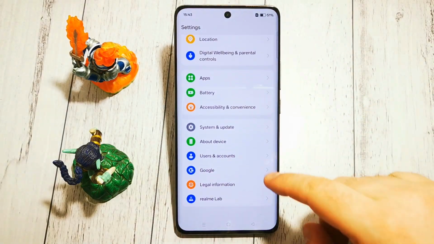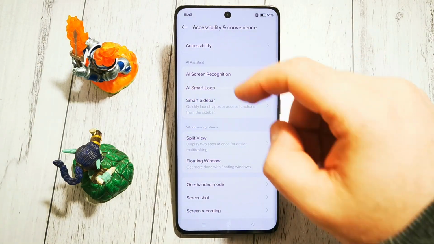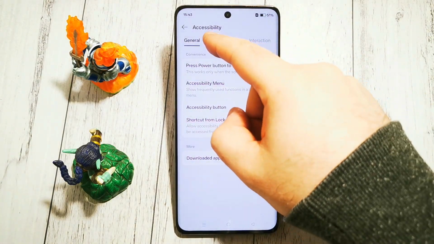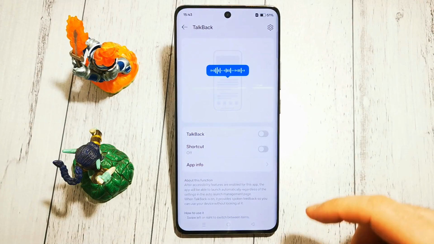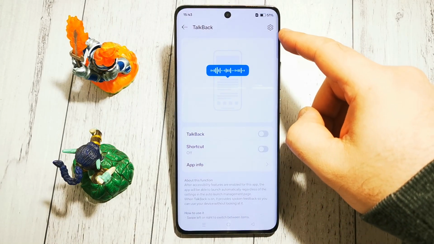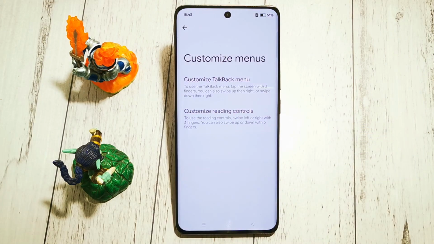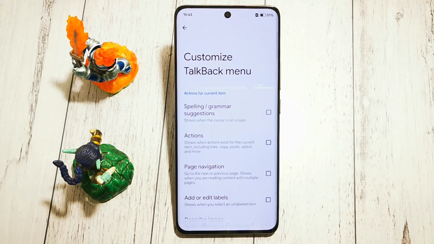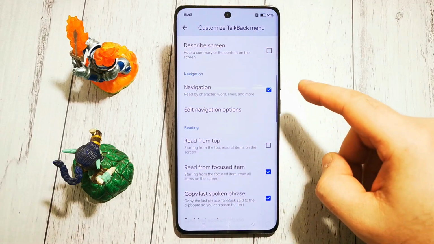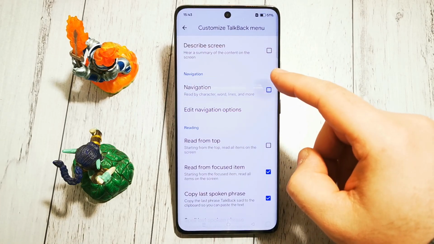First, settings. Next, we need to go to accessibility and convenience, then accessibility. Then we need to tap the vision tab at the top, next TalkBack, and here in the top right corner we have this cog menu which we need to open. Then we need to scroll to customize menus. Next, customize TalkBack menus. Then we need to scroll down again to the navigation and we need to enable it